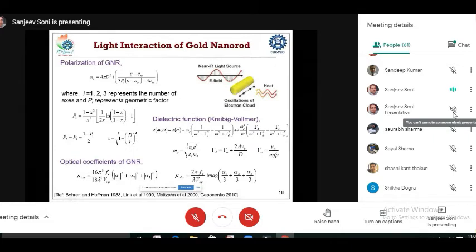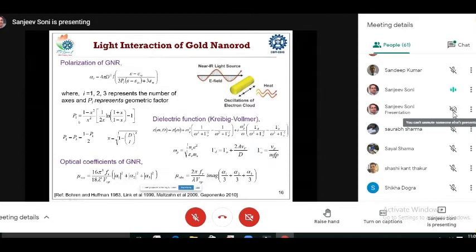We call these plasmons, and these plasmons are there for a few picoseconds, and then ultimately this oscillating energy is dissipated to the phonons in the form of heat. So there is a heating of the medium in the surrounding of the nanoparticle. So polarization occurs for such nanoparticles, which depends on the dielectric function of the medium of the nanoparticle, which also depends on the dielectric function of the surroundings in which that particular nanoparticle is embedded. In this case, it will be a tissue, because the nanoparticle is embedded in a tissue.